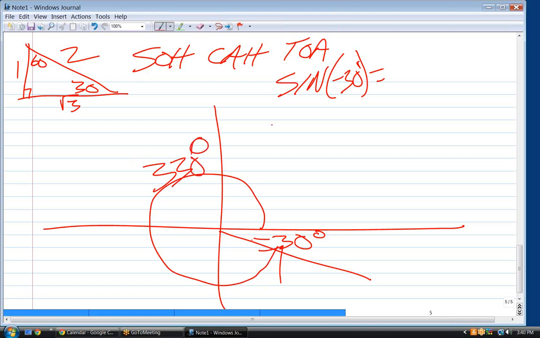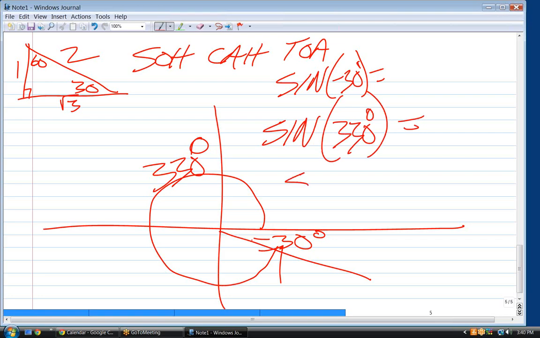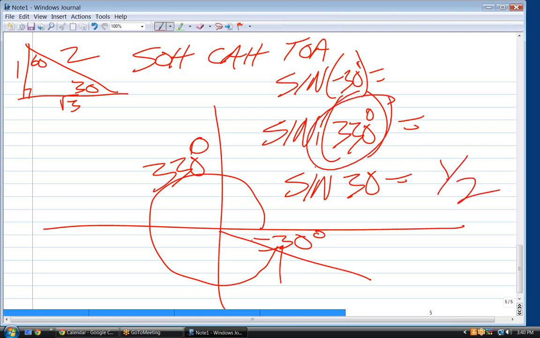So our answer should be the same as the sine of 330. And how would we get the sine of 330? We would say that's the same as the sine of 30, which is 1/2, but it's in the fourth quadrant, so it's negative. So I come up with exactly the same answer, but it took me 2 extra steps